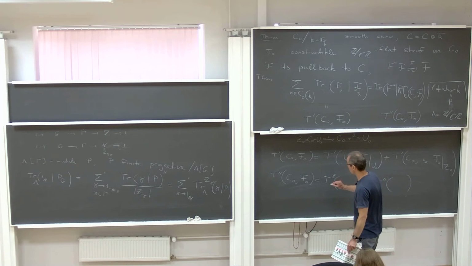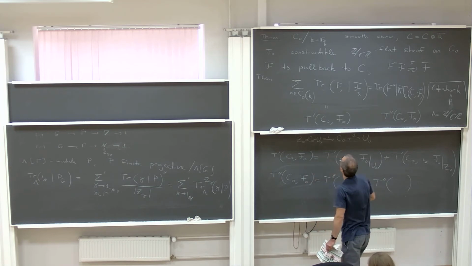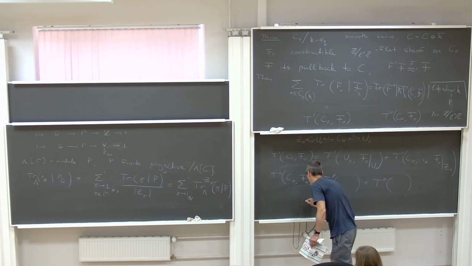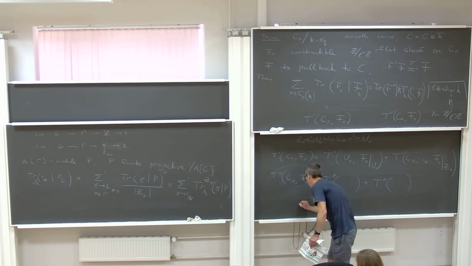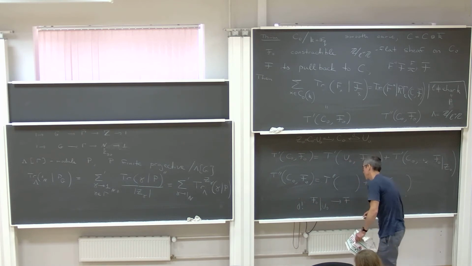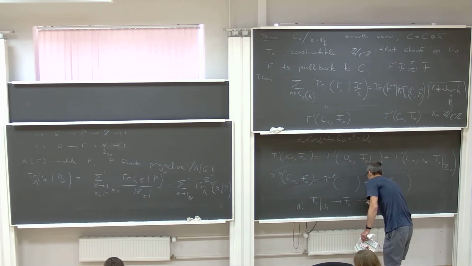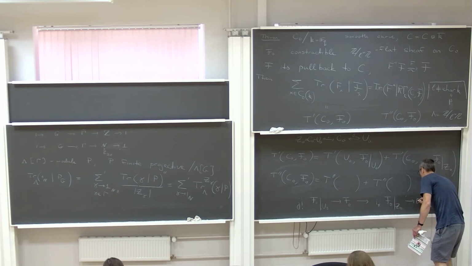So you start with the following short exact sequence of sheaves. You take F0, you restrict it to U0, and then you take J lower shriek of this. It maps to F, and it maps to its restriction to Z0, and then you take I lower star of it. So you have this short exact sequence,